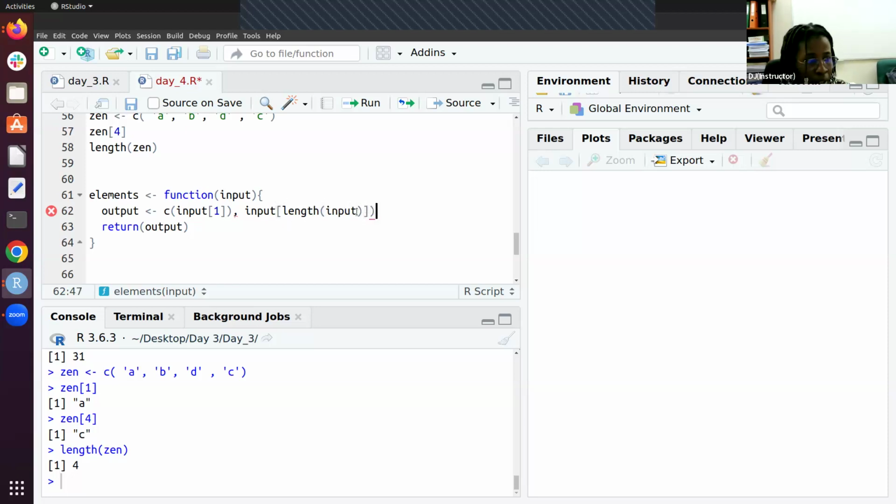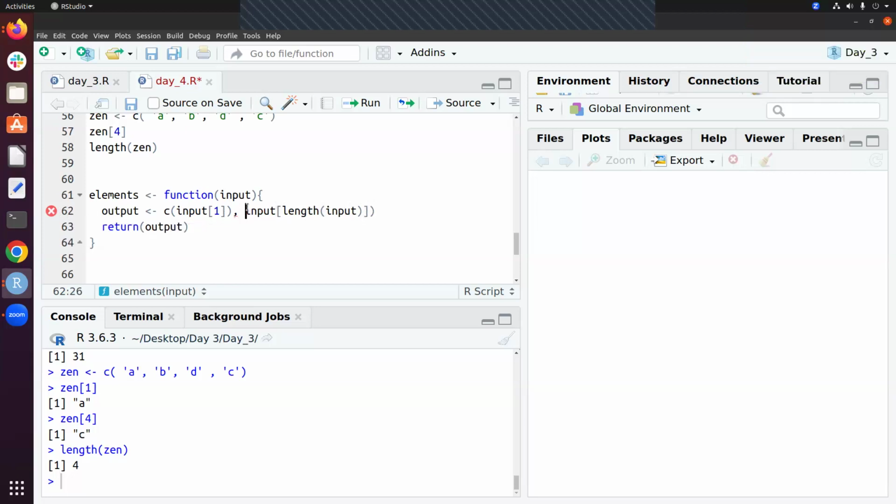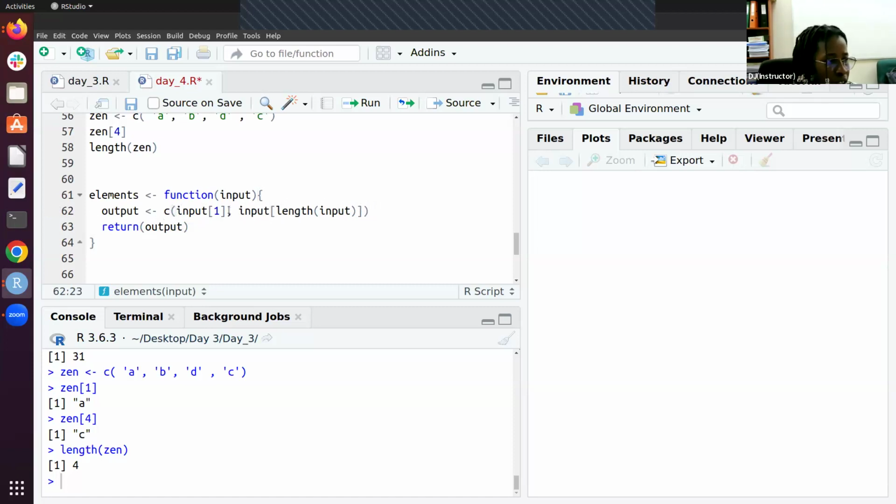And additional bracket there. If something is wrong, now it's fine. Yeah, I had the additional bracket there, which I didn't need because the closing bracket is here, not there. So what this function does,